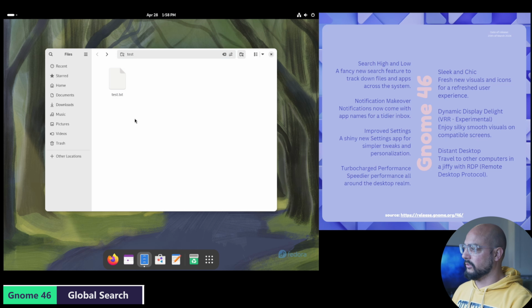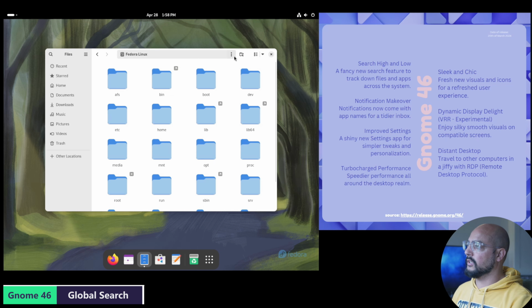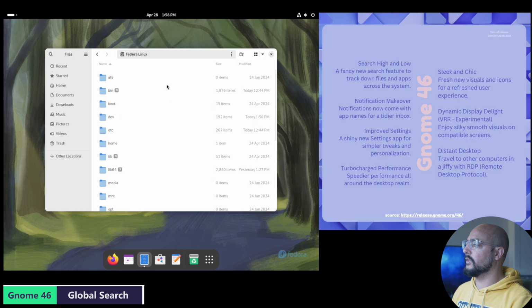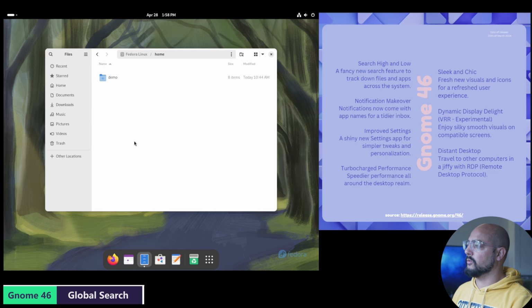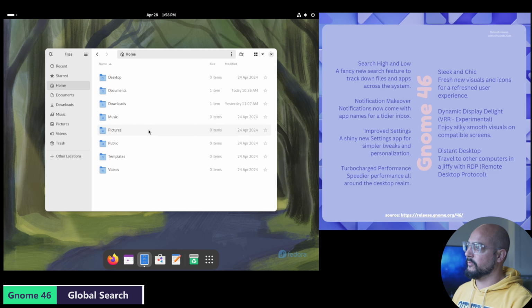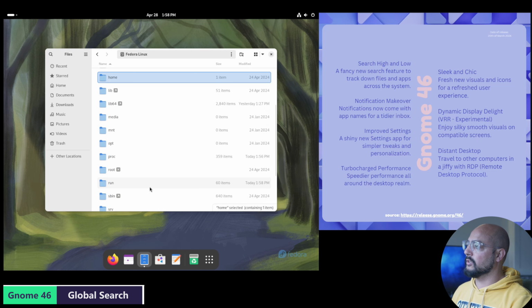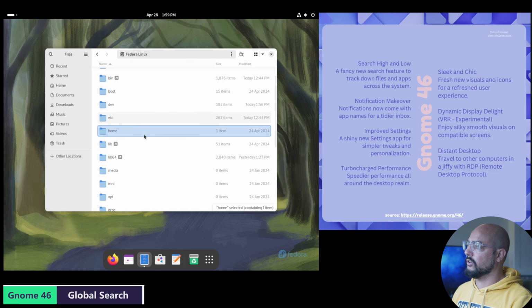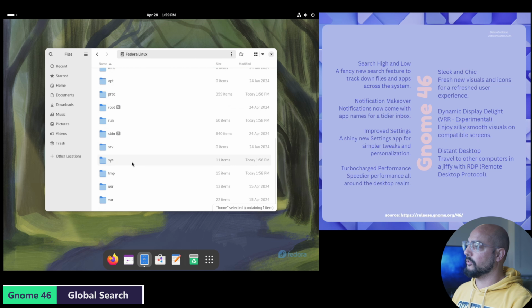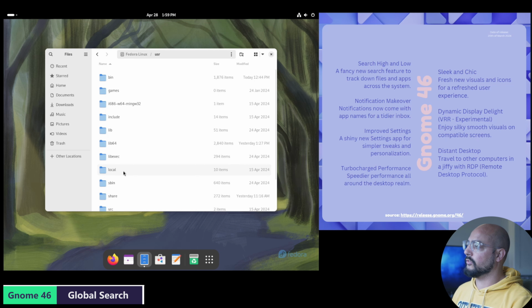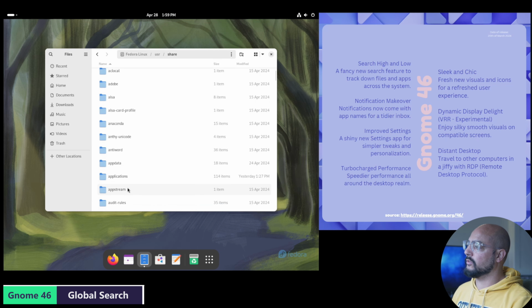But the file system itself, of course, and that's, let me show it in the other view here. So I was just searching in home demo, and within there I could search, of course. But now you maybe want to search in other folders. For example, user, share, applications could be,